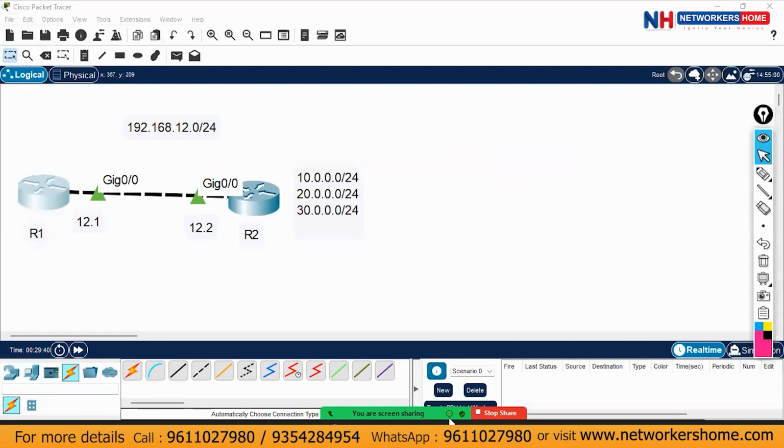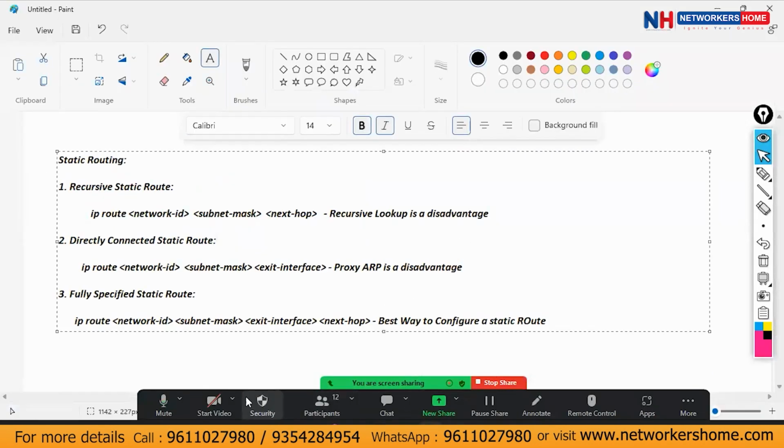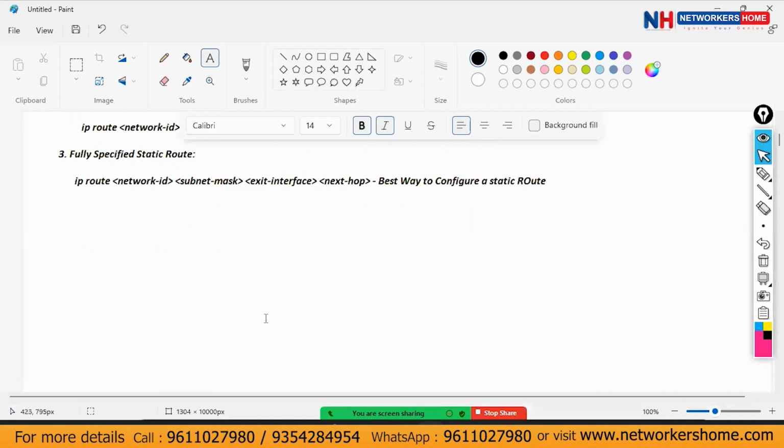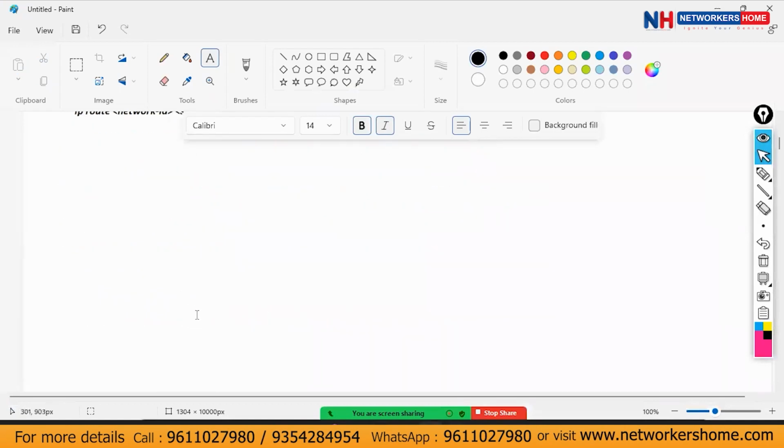So this is clear, the 3 ways to configure a static route. Any doubt in this part? No? Then default route we have already discussed. So there is no other way to configure the default route. This is only one thing. And after that we have